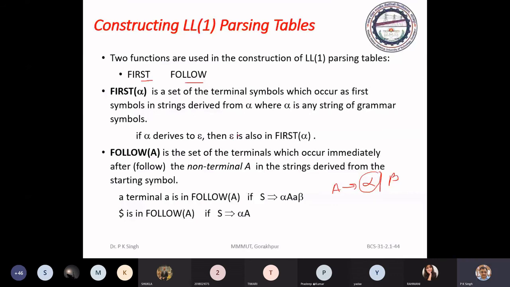Suppose there is a non-terminal, and you are aware that each and every non-terminal in the grammar says something about a certain language construct. Suppose there is a non-terminal A in the grammar. So follow of A will have all the terminal symbols that may appear after this construct.